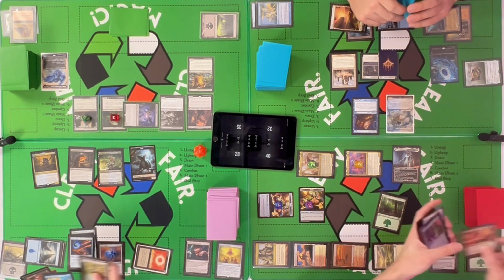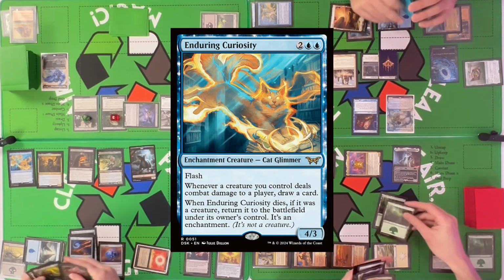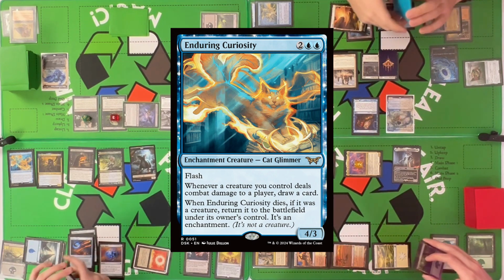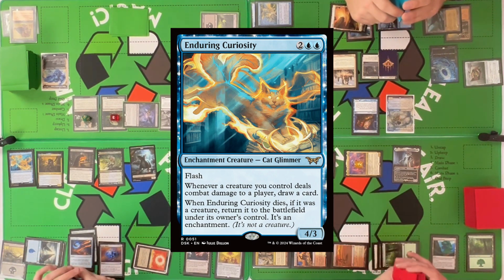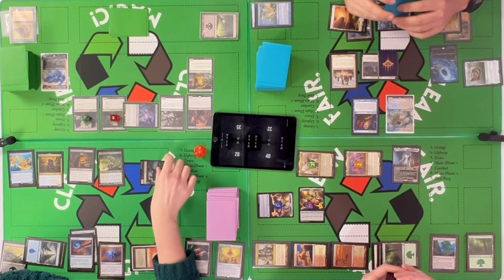Play out Enduring Curiosity. Whenever a creature you control deals combat damage to a player, draw a card. When Enduring Curiosity dies, if it was a creature, return it to the battlefield under its owner's control. It's an enchantment. Okay, first things first, what I'm going to do is I'm going to swing...